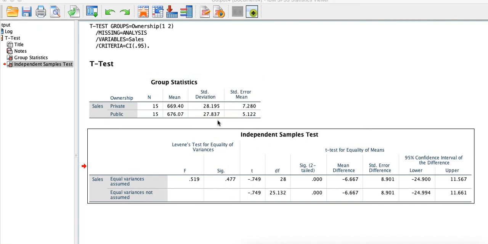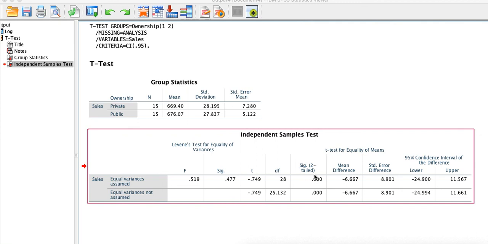If we square the standard deviation, we get the variance. Now we have Levene's test for equality of variance, with equal variance assumed and equal variance not assumed for sales. The F statistic is 0.519 and the p value is 0.477. That means the p value is greater than 0.05, so there is equal variance, because the null hypothesis is no difference in variance.